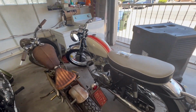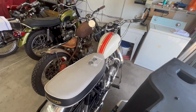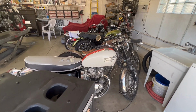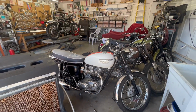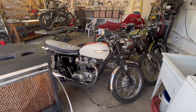And this bike is waiting on a brake cable, which I actually have received, but I have not had a chance to put onto the bike. So that's where we're sitting at this point in time. That's the workload in the shop. So Norton comes down, Rusty Bike goes up, Rusty Bike hopefully comes down, this Triumph goes up, and then we'll